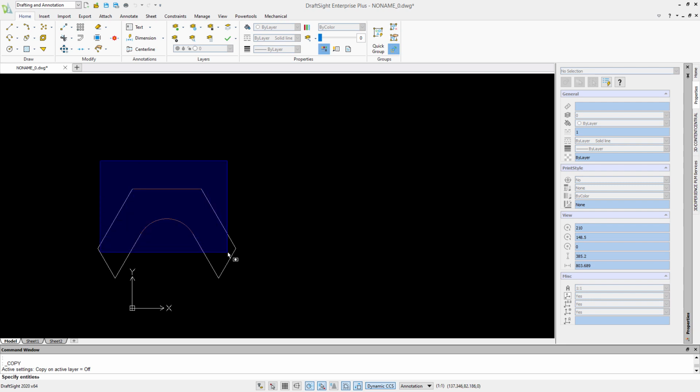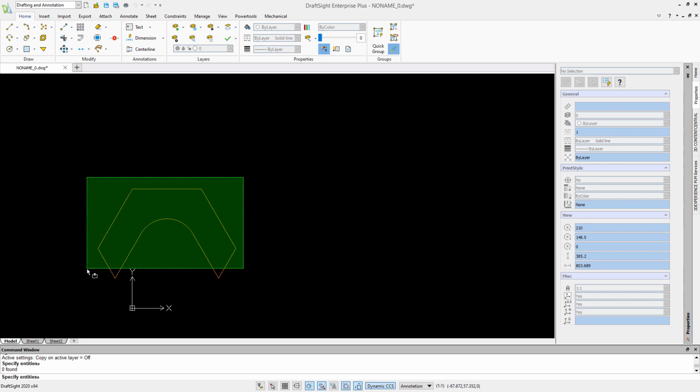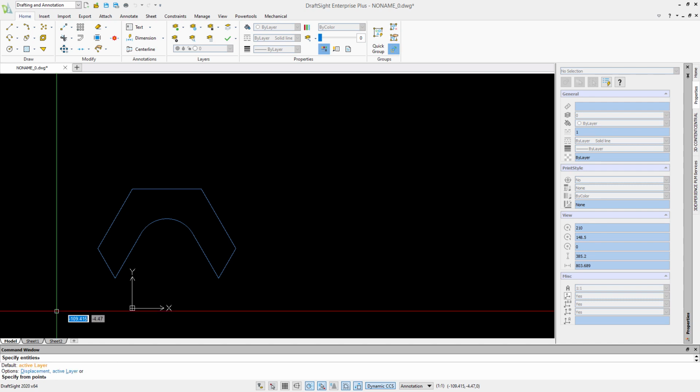So again, we could go and select things. Now note, if I drag from left to right, I get a blue box, and only items wholly within that blue box are selected. You can see them turning orange on the screen just now. If instead we drag from right to left, anything the box touches gets selected. So just be aware of which option you're using, whether you're going from left to right or from right to left. So I've selected everything there. I now have to hit enter.